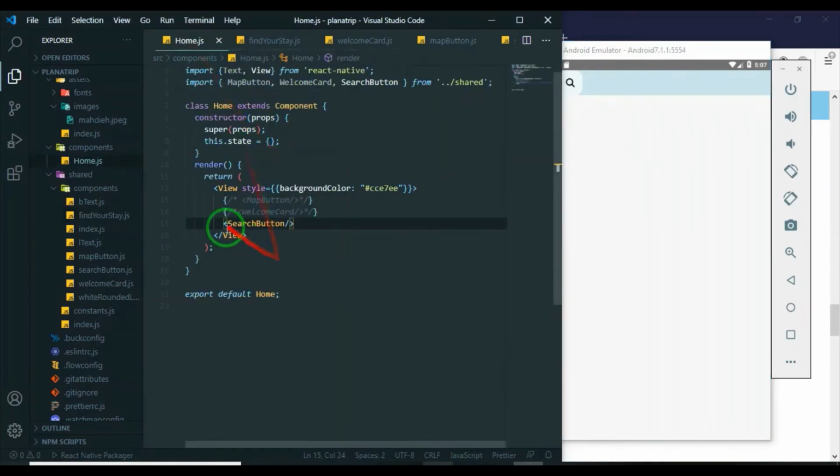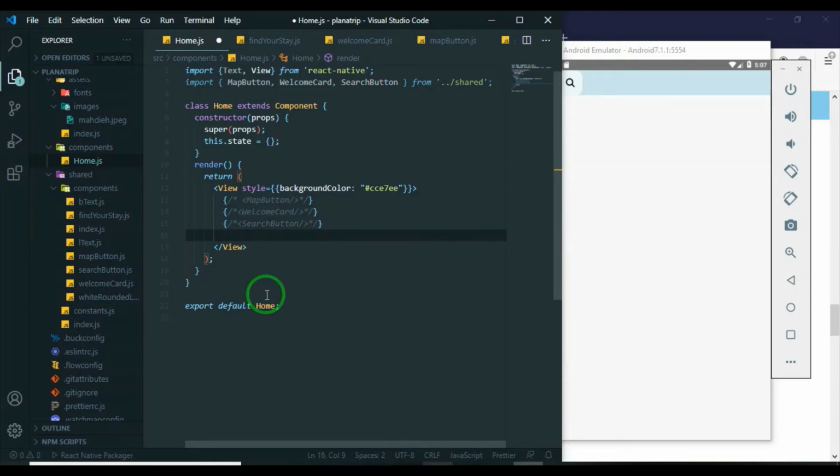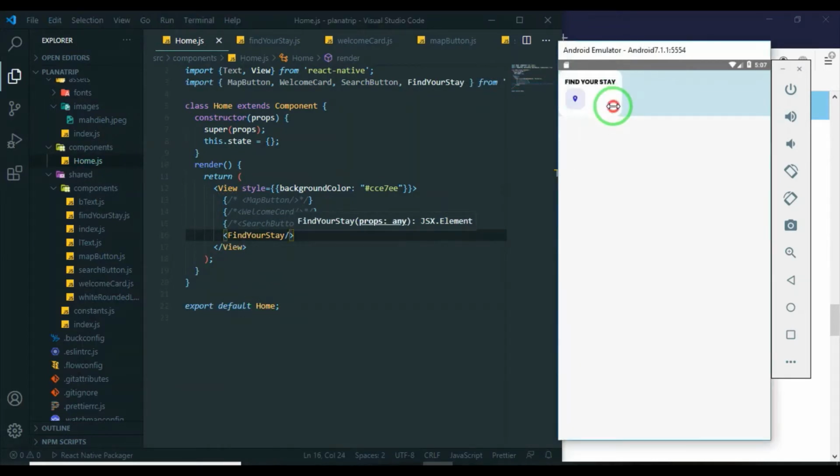Okay, and the name was Find Your Stay. Till now we have this. It's not looking so good